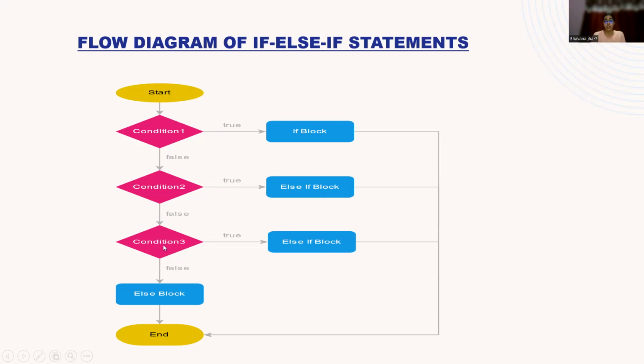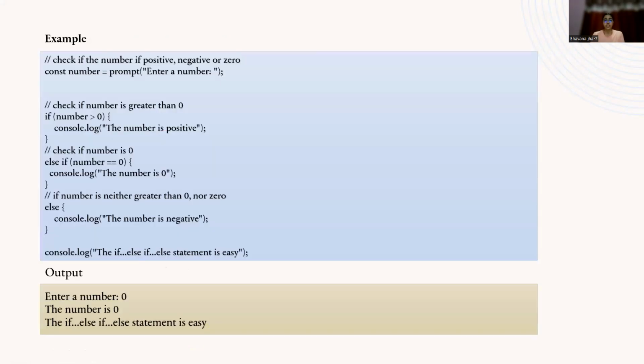And if these three conditions are not fulfilled, all these three conditions are false, then the else block gets executed. So let's see an example of this statement. Here we have to check whether a number is positive, negative, or 0 by if else if condition, where we have